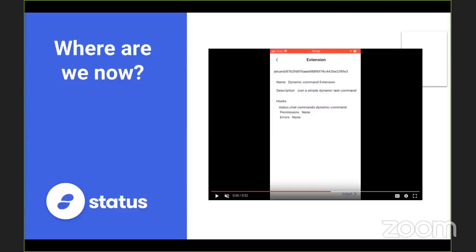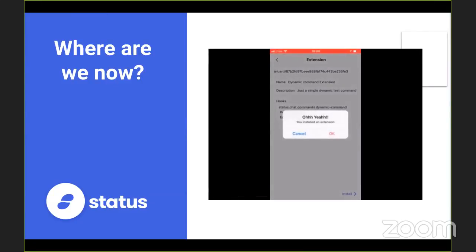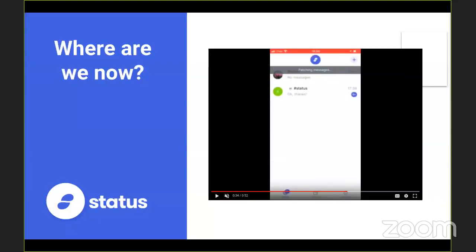But you can see there are no permissions required to use this hook. This is information for the end user, just so that they can understand what's going on, what the threat level associated with this extension is. And when we loaded this extension, we didn't identify any error. And then here you can see that we can install it. Okay, so you install this extension. When you install one extension, all the associated hooks become available.